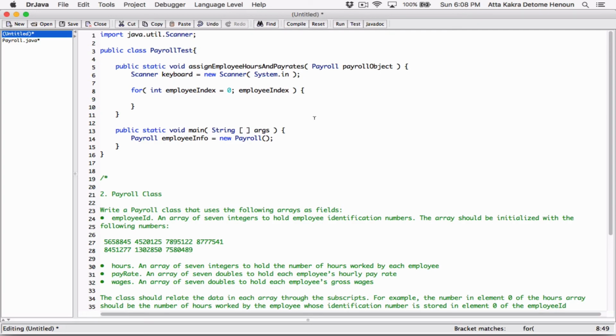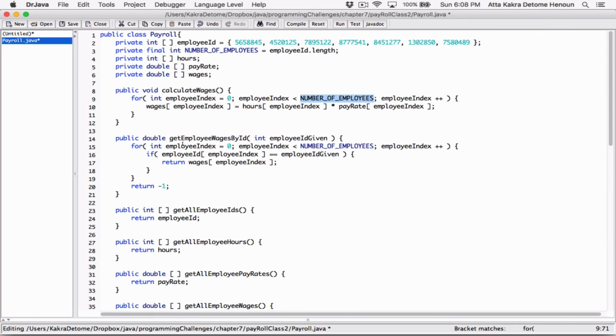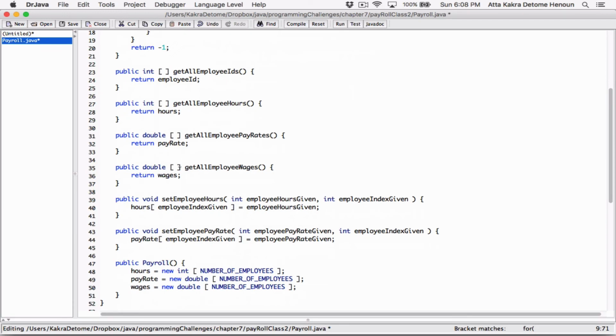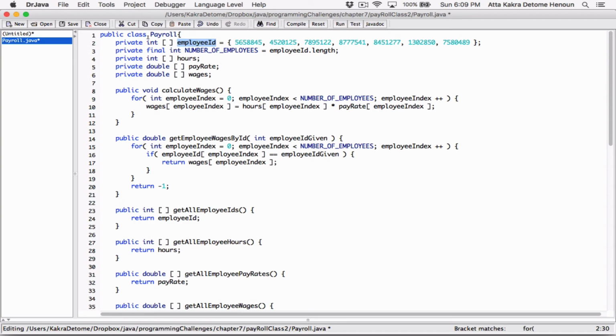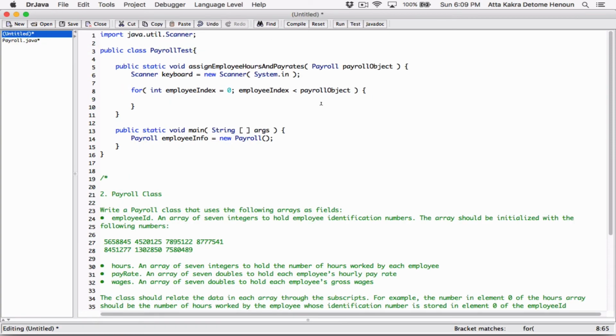So as long as it's less than what? And so we have the object here. And so let's start with the object. So as long as it's less than the payroll object, whatever object that's passed in, it's basically represented by payroll object. But this is not complete. We have the object here, and we have a method here that gets all the employee IDs right here. Get all employee IDs returns the employee ID array. It returns that array. And so when I call payroll object.get all employee IDs,